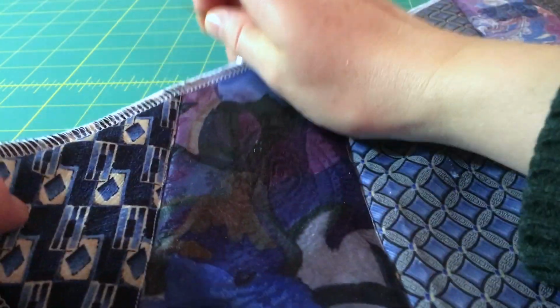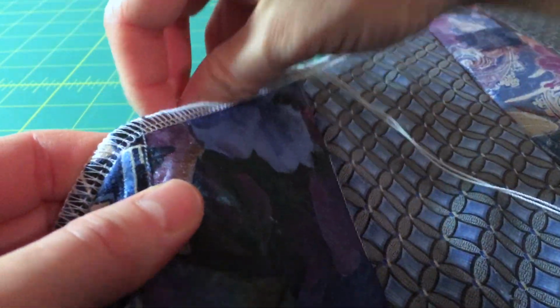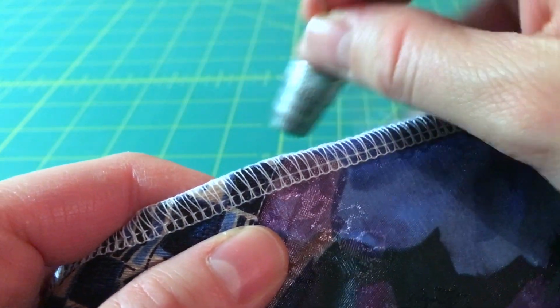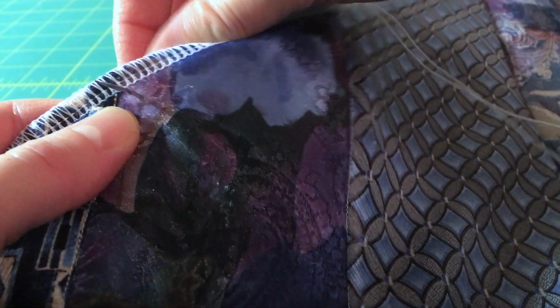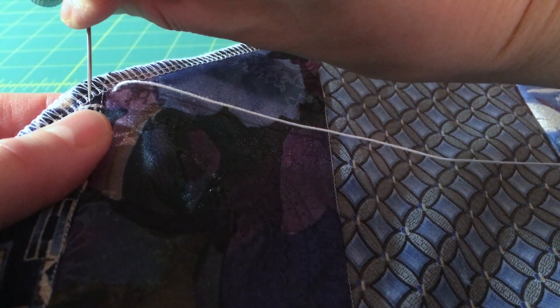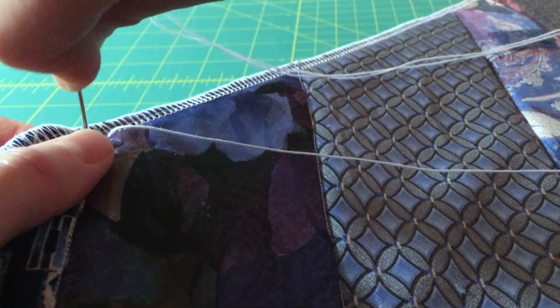Next, I'm going to take one of these seams and I'm going to start here in the corner. And you always want to start at the top of your seam and work down. So I'm going to come up and then I'm going to move across that seam and go down